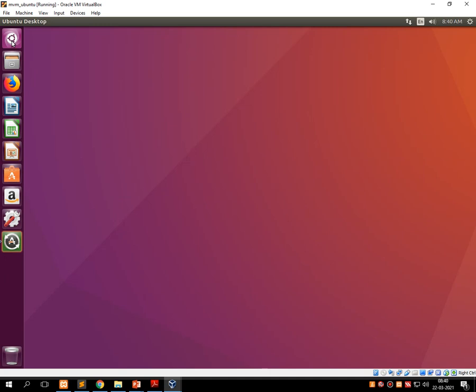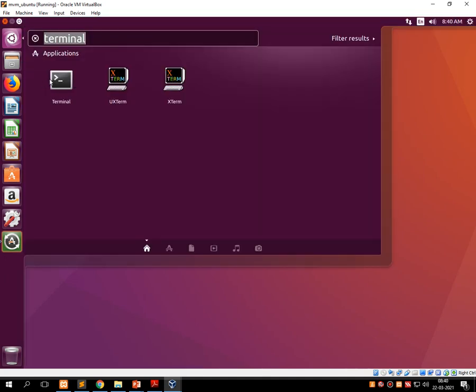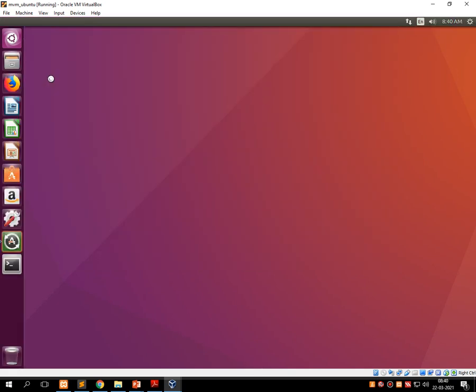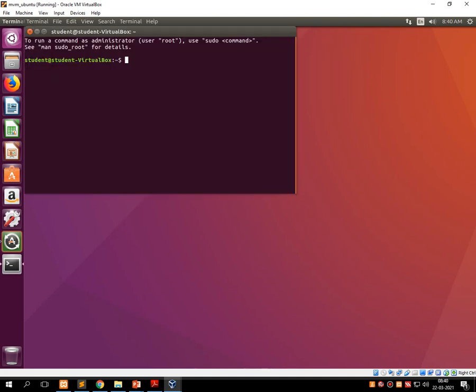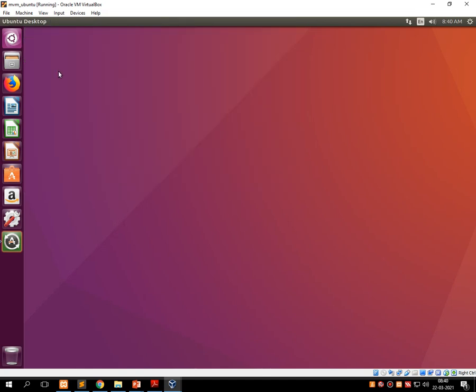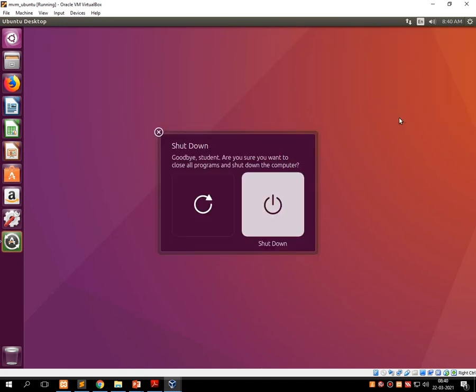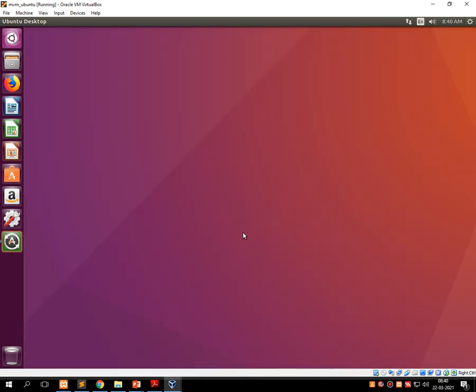As you can see on the screen, to exit from the terminal window, I have typed the command called exit. Once the successful exit is done, click on this power button, go into shutdown, press shutdown, and it will close your Linux operating system from the root in VirtualBox.